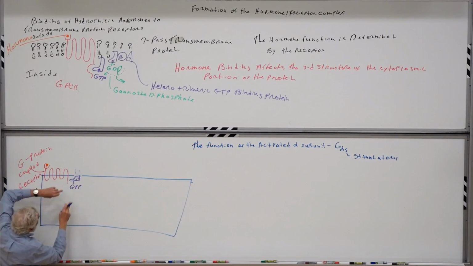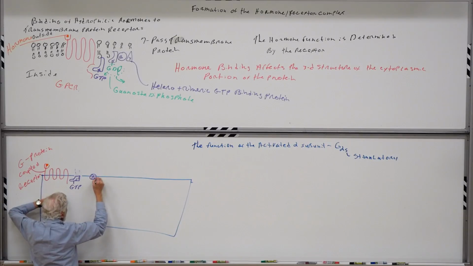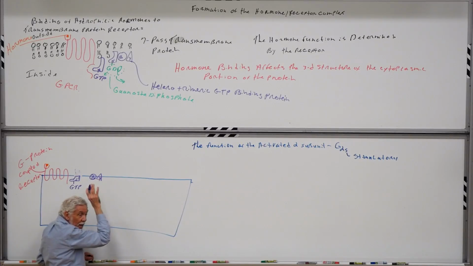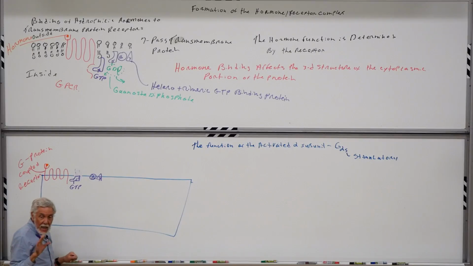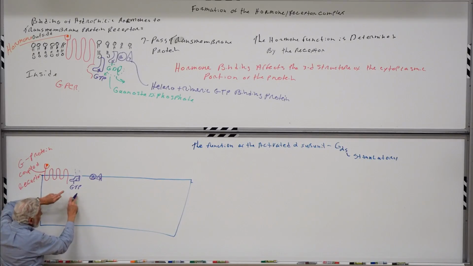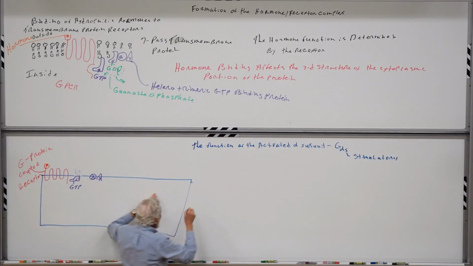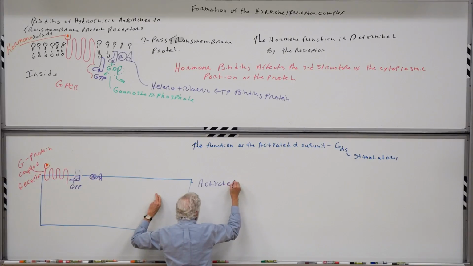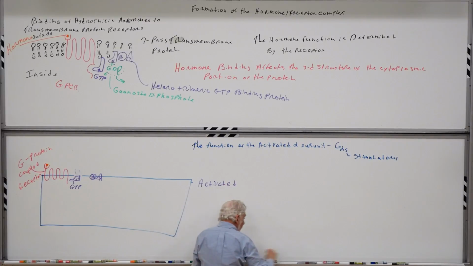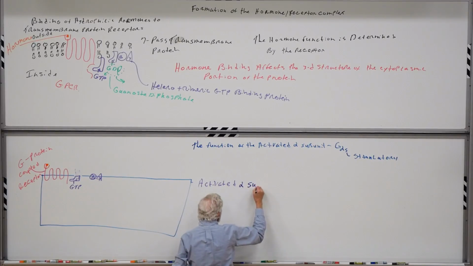So what we've drawn above, we now have here. The beta gamma go off and do something else. And if you get into an endocrine course, you'll see the beta gammas do a whole flock of things. We're not going to get into that here. What I want to emphasize is what the alpha subunit does. The alpha subunit, the activated alpha subunit